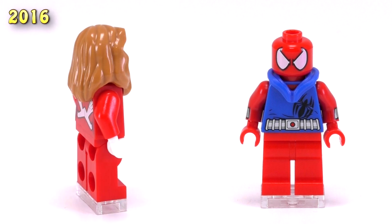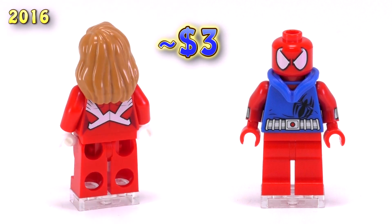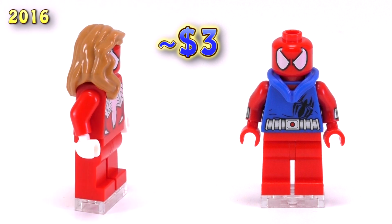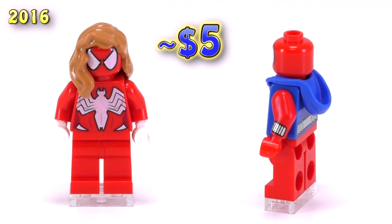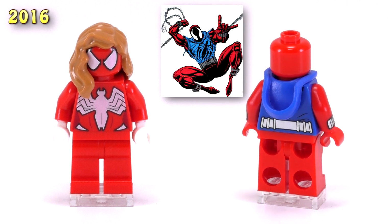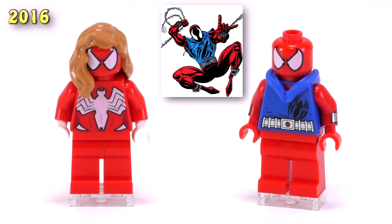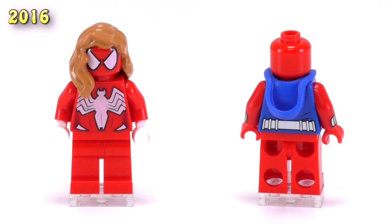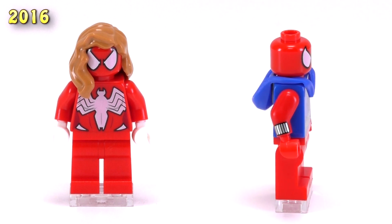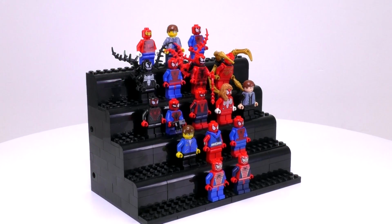The hairpiece used for this minifig is pretty spot on, I gotta say. And considering she's exclusive to such an expensive set that's new, she's actually very cheap. It's $3 for her and $5 for the Scarlet Spider. His detailing also matches up extremely well. That hoodie piece used is an excellent touch, and I appreciate that they bothered to put printing onto his arms. It's also interesting to point out that they both shared the exact same headpiece, and I believe we just finished off the whole collection. Here, that makes an even 20 in total for the figs,